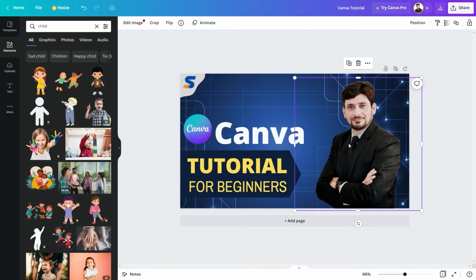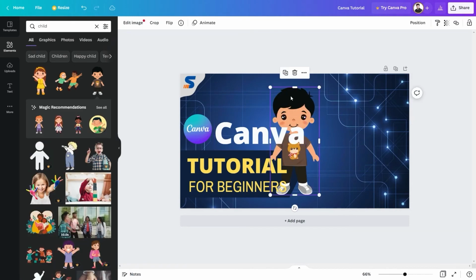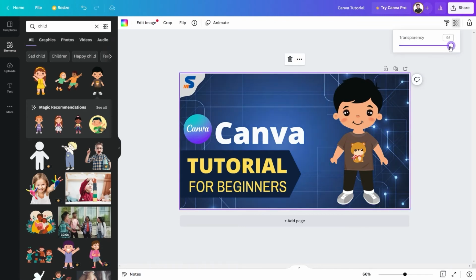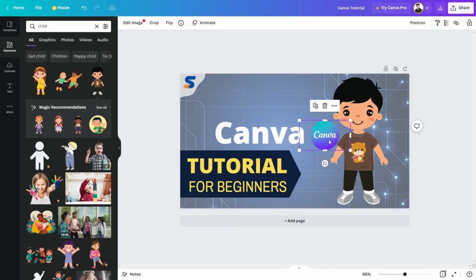In case I want to remove this from here and I want to use this photo, this is dark and background is also dark, so you can even reduce the transparency like this. And I'll be using this particular logo on top of this. Maybe